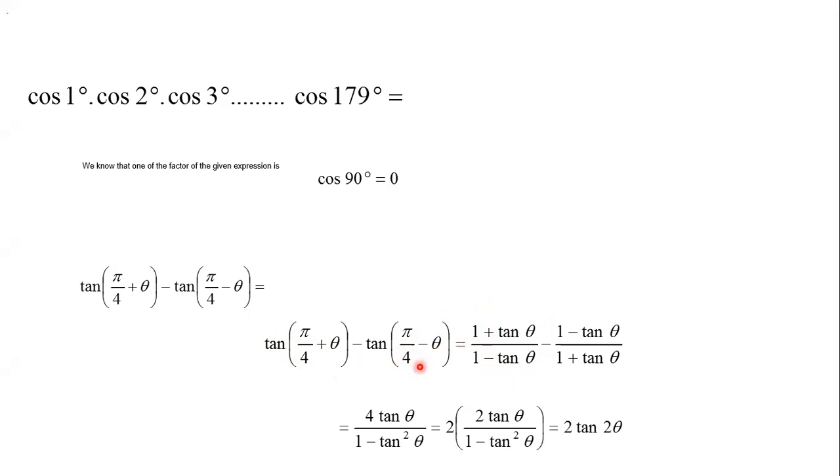In the similar way, tan of pi by 4 minus theta is tan A minus tan B. So tan A, that is tan pi by 4, is 1. So 1 minus tan theta, and in the denominator 1 plus tan theta. Now simply cross multiply. So 1 plus tan theta whole square, 1 minus tan theta whole square. And this is 1 minus tan theta into 1 plus tan theta, A minus B into A plus B, so the value is A square minus B square. And this numerator is A square plus B square plus 2AB, and here minus, one is in plus and the other is in minus.